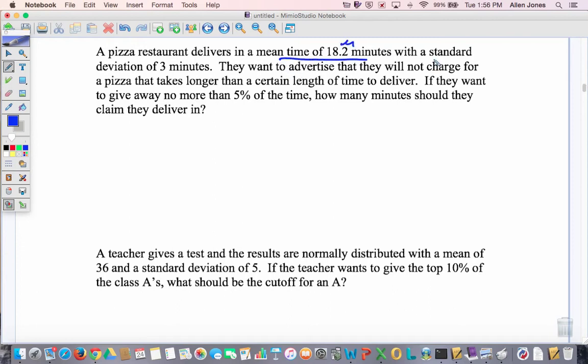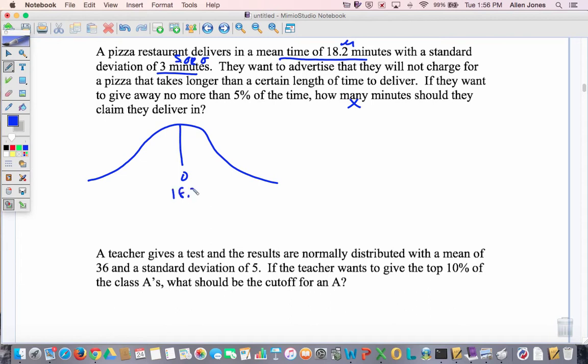Pizza restaurant delivers in a mean time of 18.2 minutes with a standard deviation of 3. I'm just going to pause right there and mark that as the mean, and mark that as the S, maybe S or sigma. They want to advertise they will not charge for pizza that takes longer than a certain length of time to deliver. If they want to give away pizza no more than 5% of the time, how many minutes should they claim they deliver in? So notice we don't have that how many minutes, that's our X that we're trying to